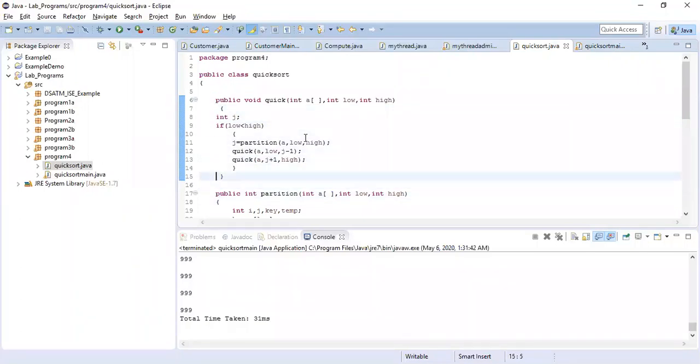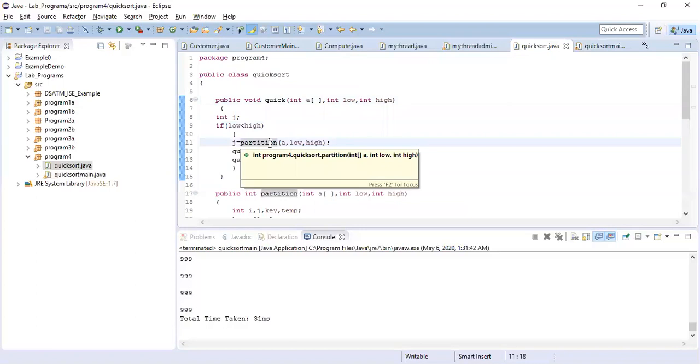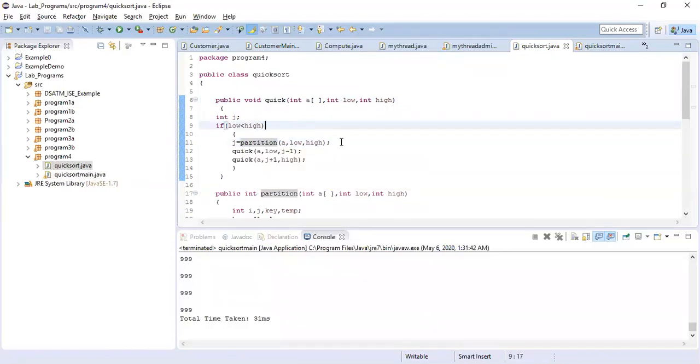Here quick also takes three parameters: high, low, and your array values. If you want an explanation, we'll take that up later. We'll see the program part. We know Quicksort makes use of the divide and conquer technique, so the array has to be divided. To divide that array, we find the